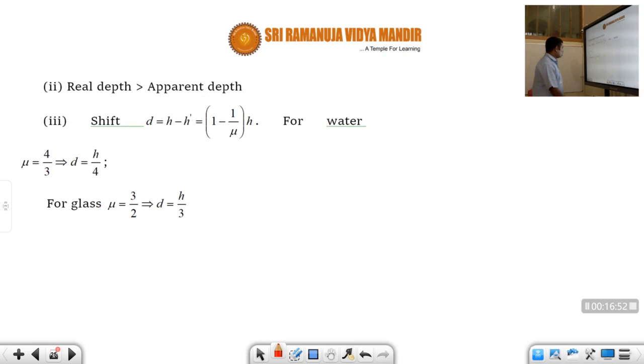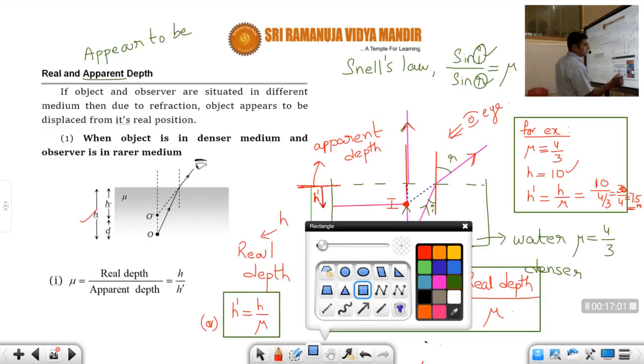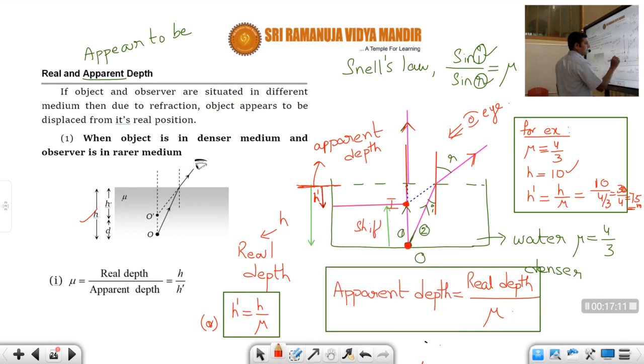Second point, next point. So what is the shift of the object, students? Originally the object is here, correct or not, students? But now the object is here. Object means image, in the form of image. So now this is called as shift. That means the object got shifted to that side, that much.